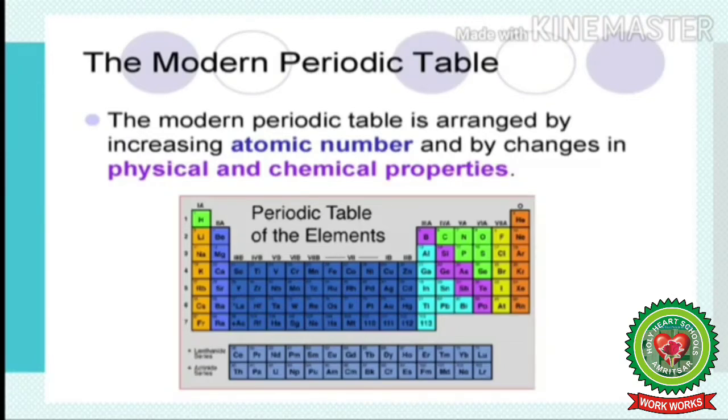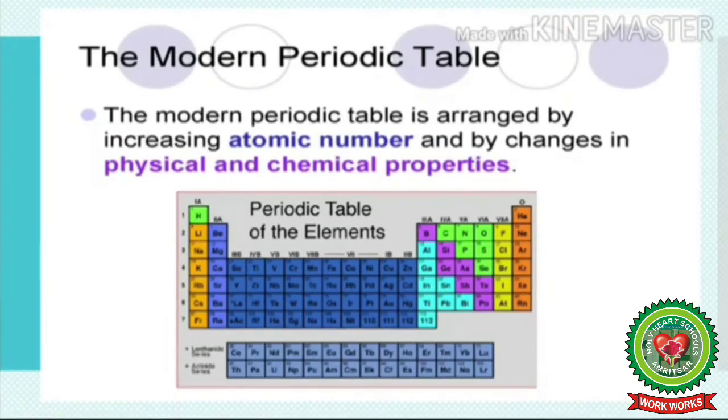We have already studied that atomic number as the base for classification was discovered by Henry Moseley. When he arranged the elements according to their increasing atomic numbers, he found that the properties of the elements get repeated after certain intervals. So the cause of periodicity is the reoccurrence of similar electronic configuration.